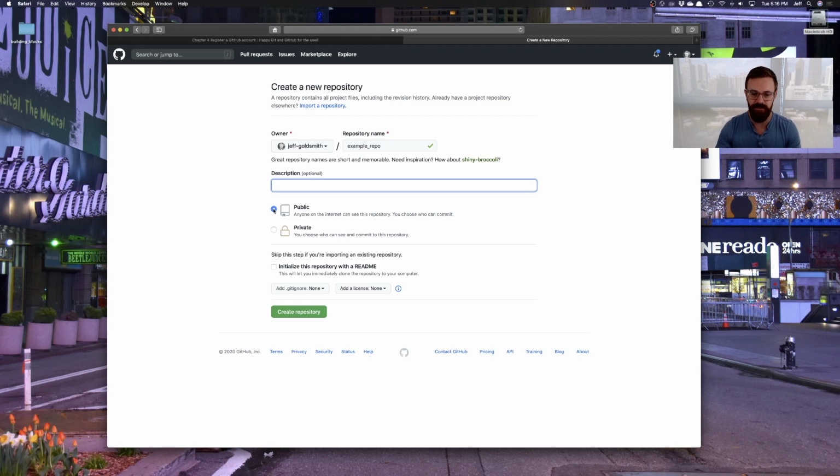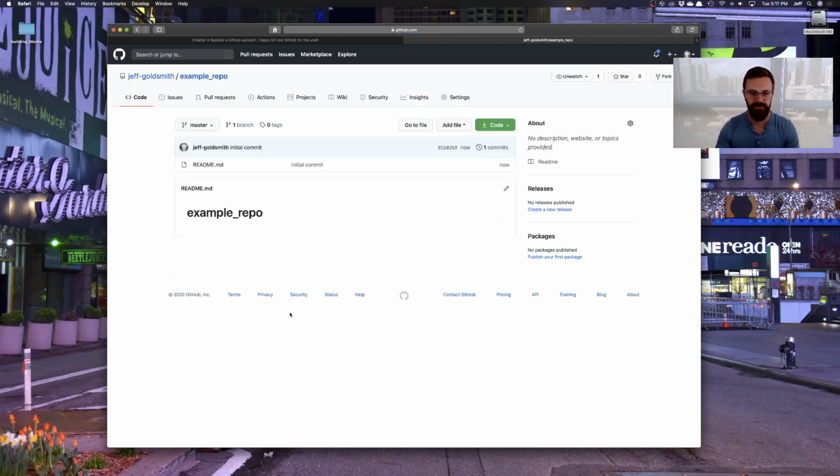I am going to make it public so that everybody has access to this, and I am going to initialize this repository with a README. That's generally speaking something that I recommend, and that's pretty much it for now. I'm going to create this repository. It's going to take a moment, and it shows, sure enough, here is a GitHub page that's showing the README. It's called example repo. It doesn't have an awful lot of information. It sort of by default has made one initial commit that includes this README file,